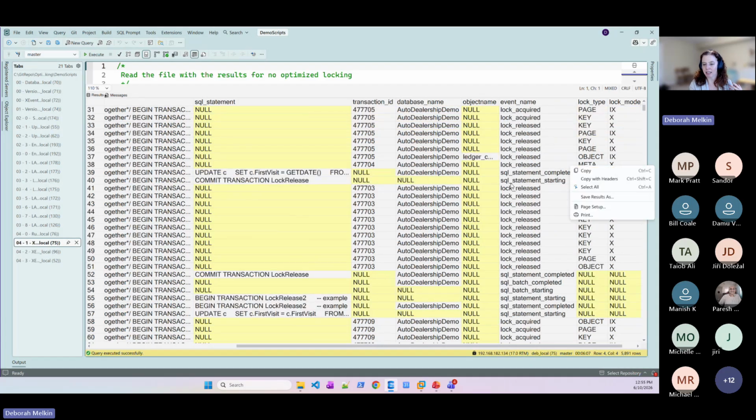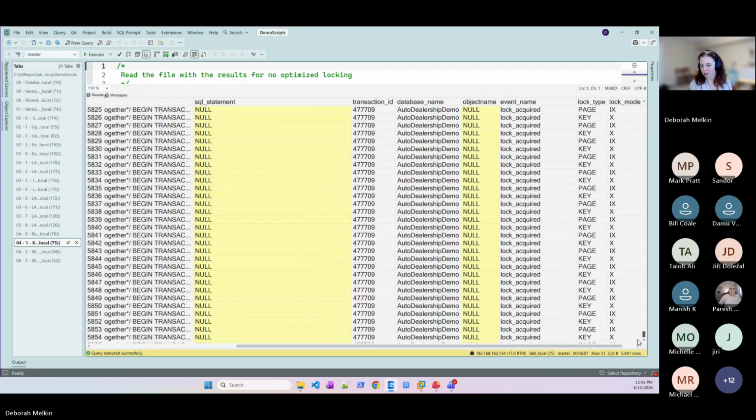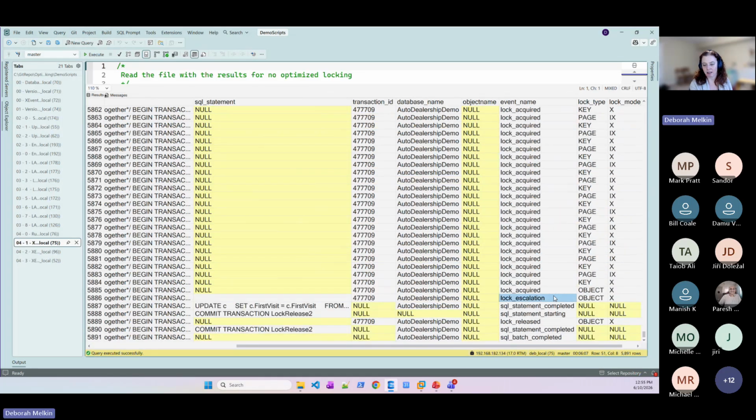We can see lock escalation here, where we had all the keys. This is for 8 records being updated, the Sebastians in California. And we can see all the key locks here. And if we go to here, we can see we had lock escalation. So we could see we had a table lock here. Now, if I run the same thing for lock escalation, because we've got less time,